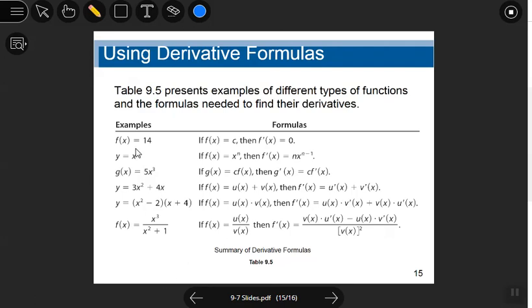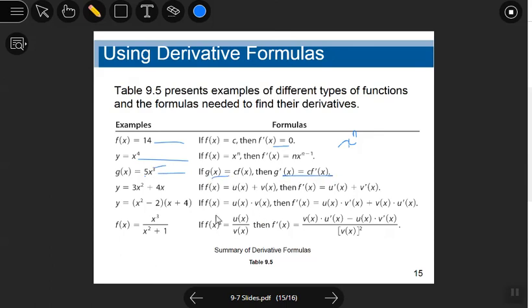So for this one, you know it's a constant and definitely the derivative is 0, no need to discuss. And for this one, we have learned that if we are given some x to the power n, how we can find the derivative. So here n is 4, and yes, you can use this formula n x to the n minus 1, so you can simplify. For this one, this is your c, 5, and n is 3, so use this formula and find